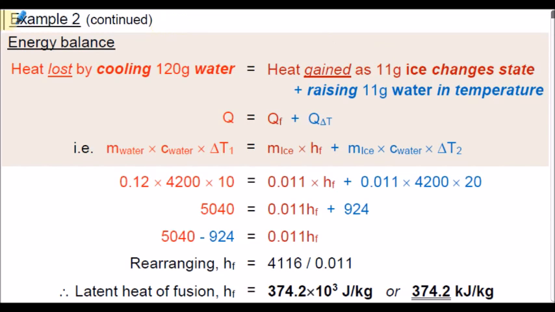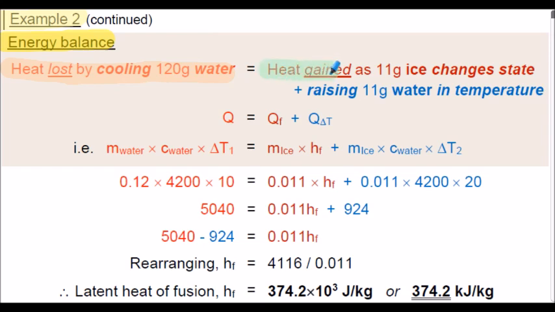Example 2 continued. So here's the energy balance. We've reviewed energy balances in previous presentations related to mechanical energy, considering work done, potential and kinetic energies, and how we transfer energy from one form to another. So it's the same kind of approach here. On the left-hand side of the equation, we're going to consider the heat loss by the cooling of the 120 grams of water, and how that heat is given up by the 120 grams of water is then gained by